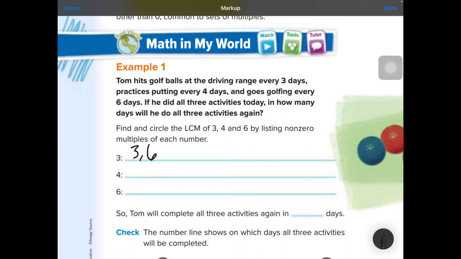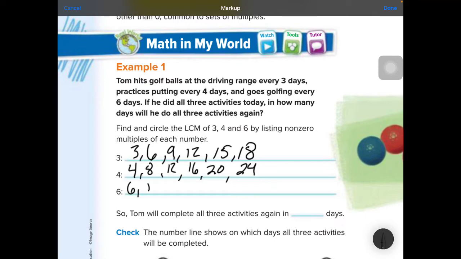So we have 3, 6, 9, 12, 15, 18. I usually do about 6 multiples. So let's do the same with 4. 4, 8, 12, 16, 20, 24. And the same with the number 6. 6, 12, 18,